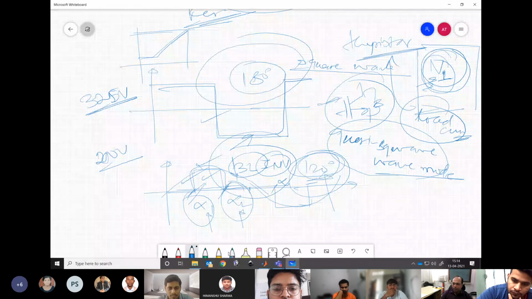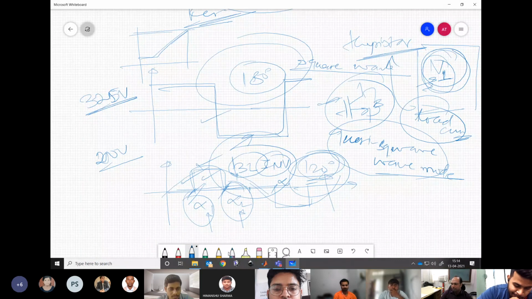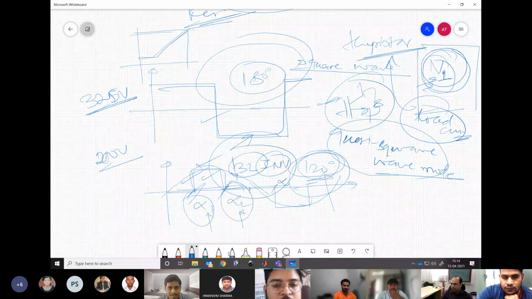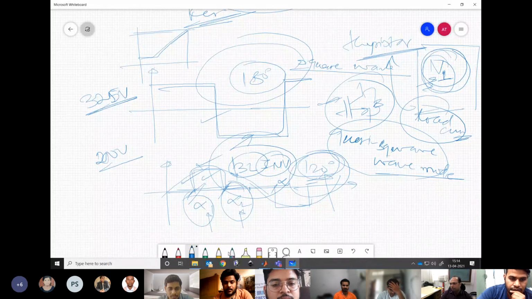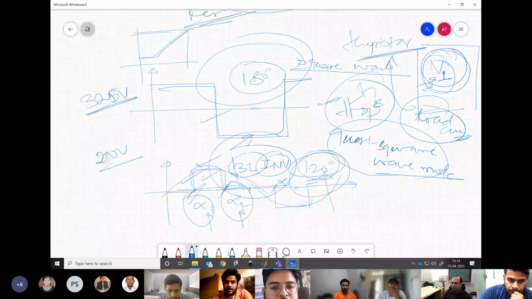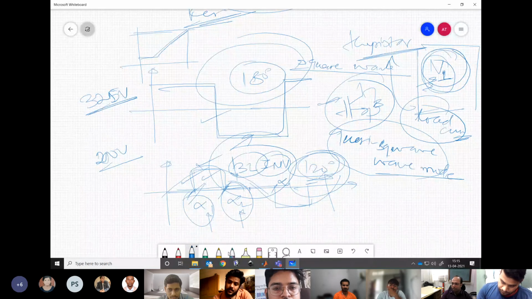So it's completely dependent on what you want. No one can say 180 is better or 120 is better. In general, for a particular system that could be good, that could be bad. But in general, it depends purely on your requirement. Getting my point? Yes, understood, sir. Navneet? Yes, sir. So before jumping into a conclusion for anything, first ask yourself, what is my requirement? Is this thing fulfilling my requirement or not? If not, then it's useless.